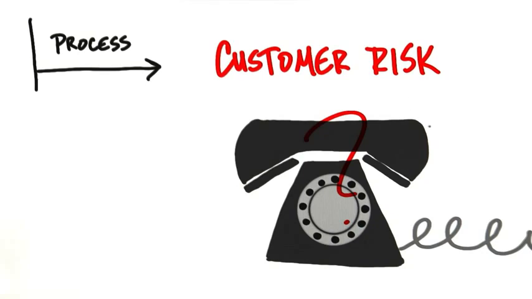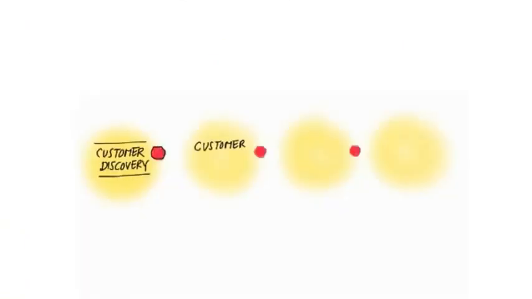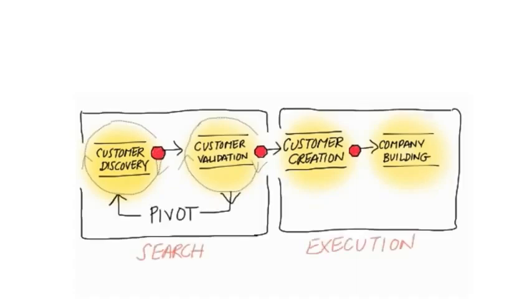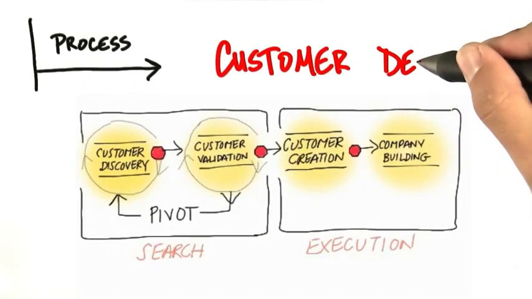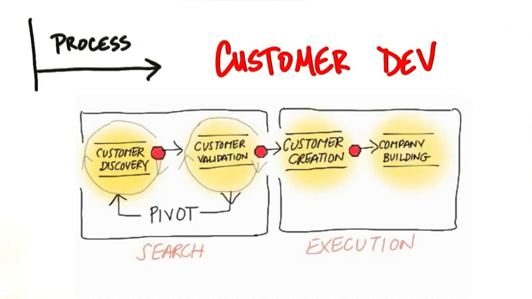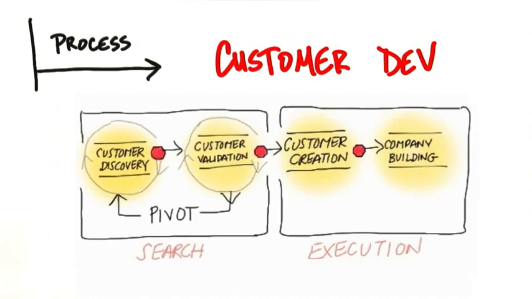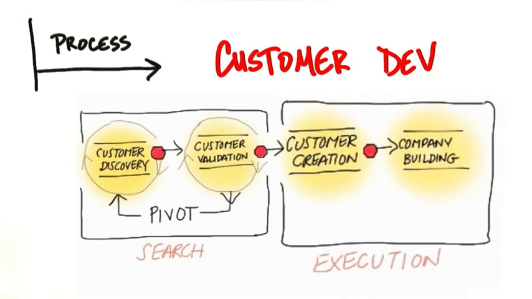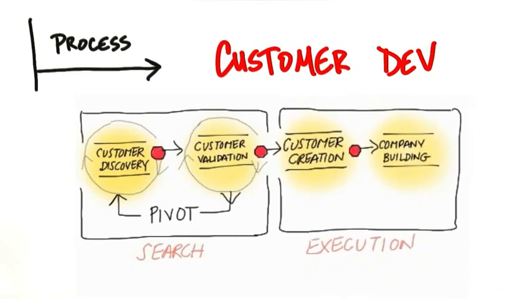And in fact, we've just come up with one. And that's going to be a key part of this course. This search for the business model, this search for the truth, is called customer development. And customer development really has two pieces, the search and its execution. And in this class, we're going to be talking about the first two steps, customer discovery, customer validation, the pivots that connect them, and then if you're so lucky, we actually get to execute your business model in customer creation